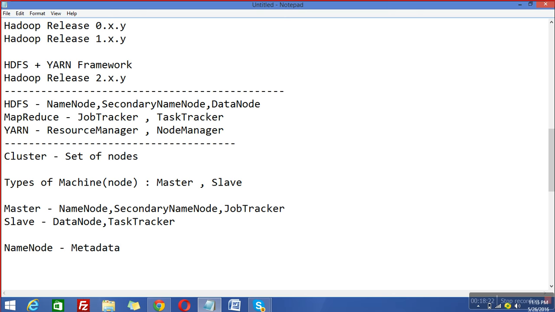Let's say we have total 500 machines. Out of 500 machines, in which particular node a particular file is present. From where you will get this information? From the metadata storage, that is name node. So name node basically handles where a particular file is stored in the cluster. Are you getting it?